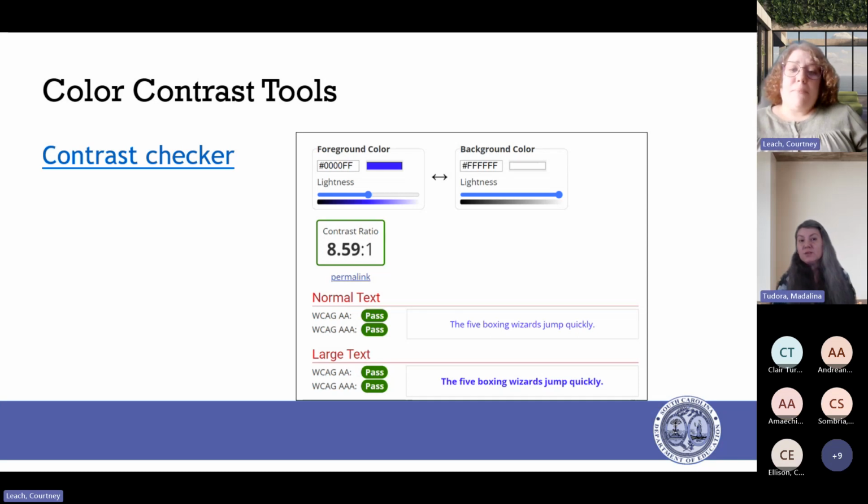All right. This is the contrast checker. I wanted to just give you some options. This is an Ames tool, and we'll give you these links. But if you want to check the contrast color on everything you're creating because you're not quite sure that it's working and it's accessible, you have tools that you can use that are free, and this is one of them.